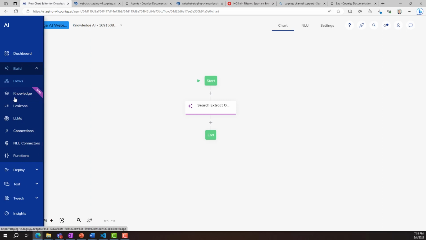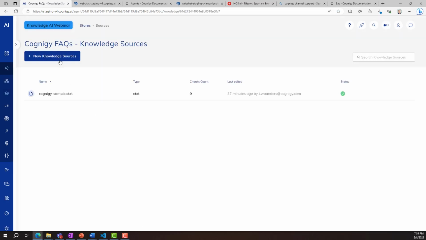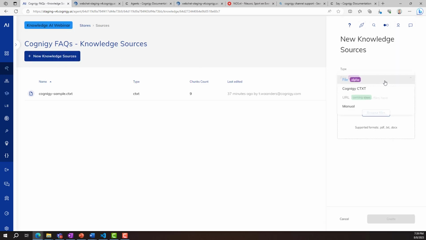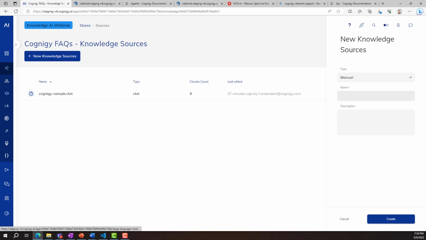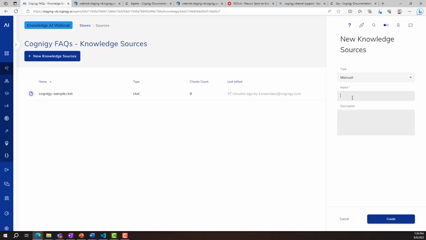So let's do one more thing. Let's go back to knowledge. Let's go to the Cognigy FAQ store that we have, and let's create a new source. And this time we pick the manual knowledge store. And we can actually create one about the Say node and a specific section in the Say node that I find very interesting, and that is the ability to generate an adaptive card with generative AI directly from within Cognigy. So I just copy this section here, I go back, and I call it